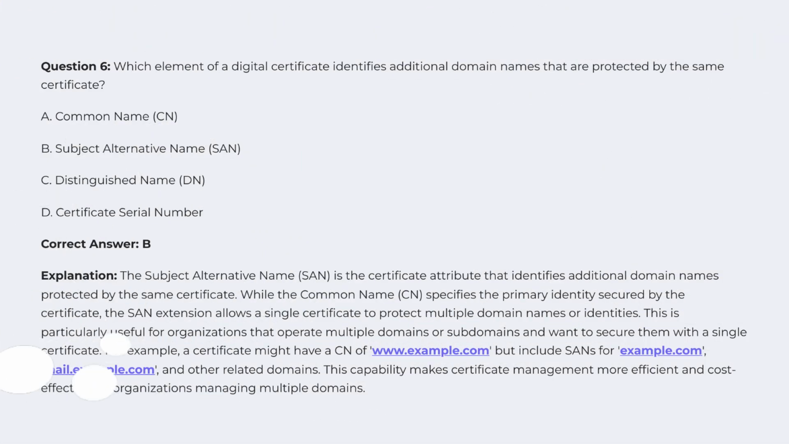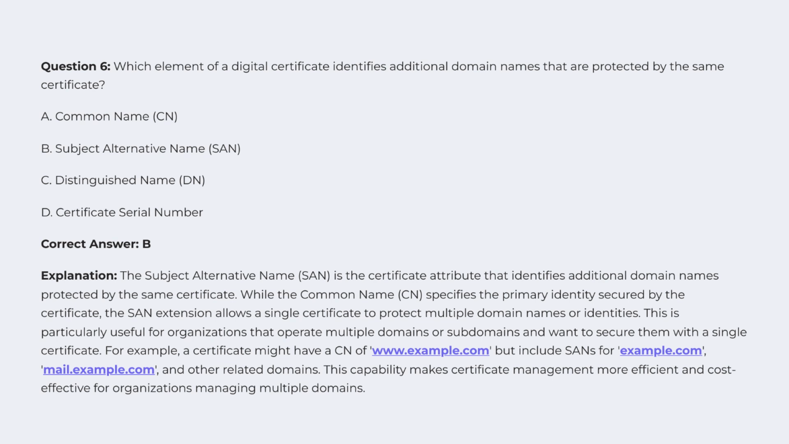Correct answer, B. Explanation. The subject alternative name, SAN, is the certificate attribute that identifies additional domain names protected by the same certificate, while the common name, CN, specifies the primary identity secured by the certificate. The SAN extension allows a single certificate to protect multiple domain names or identities. This is particularly useful for organizations that operate multiple domains or subdomains and want to secure them with a single